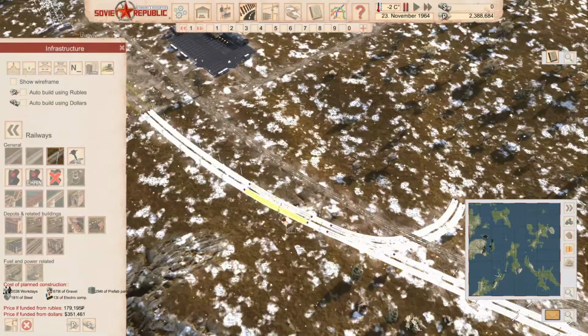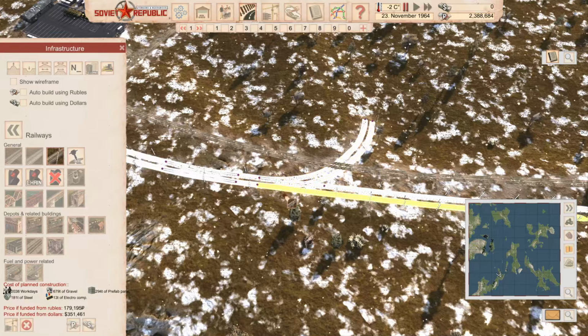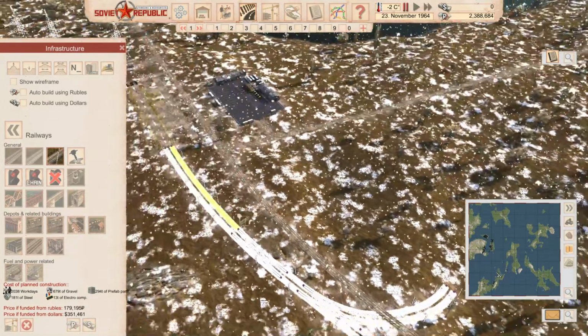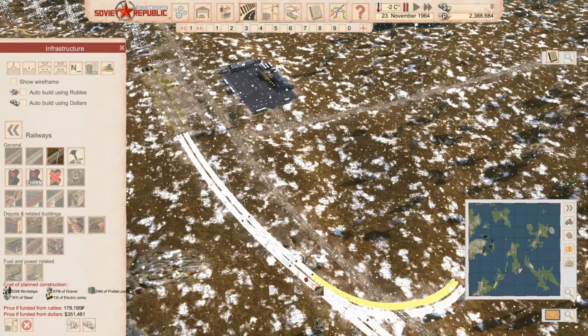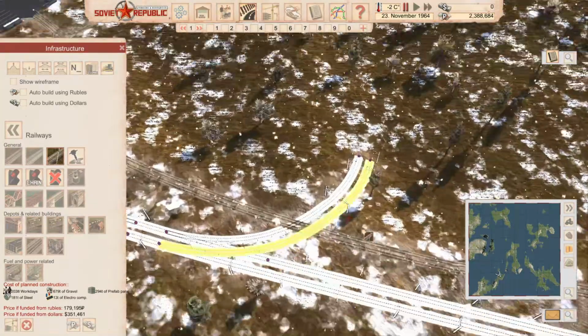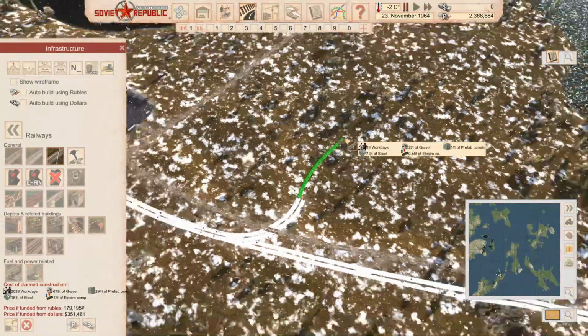And maybe... These may be too close. But we'll see with the new... No, I don't think so. Because we can just have them here to see if the area is clear in between here. And then we can have two signals there, possibly. We'll see. I'm hoping we can force the train into the opposite area. We'll see. We may need to